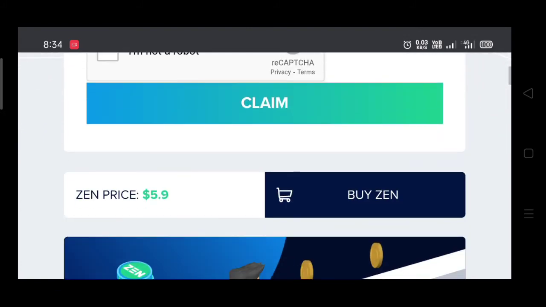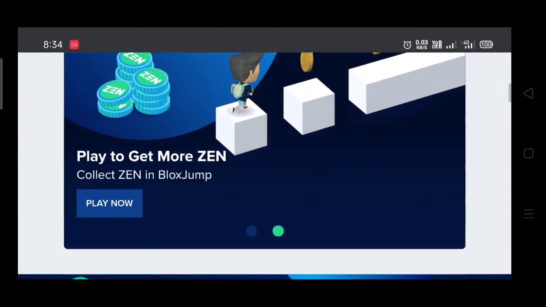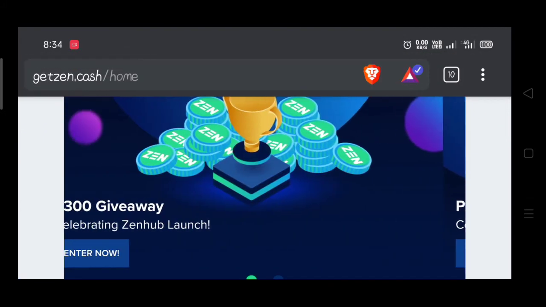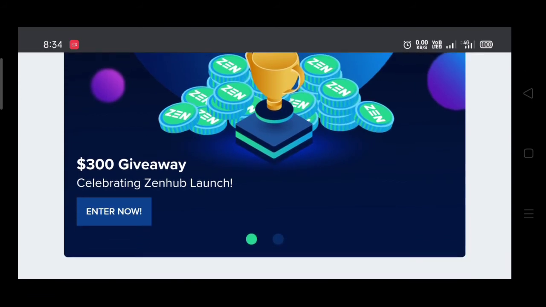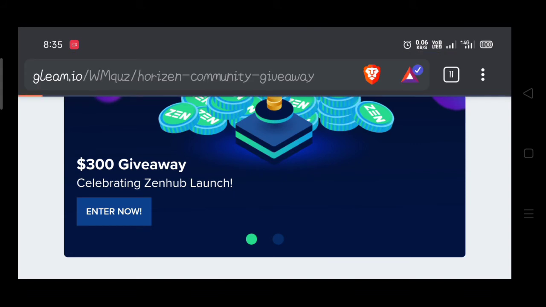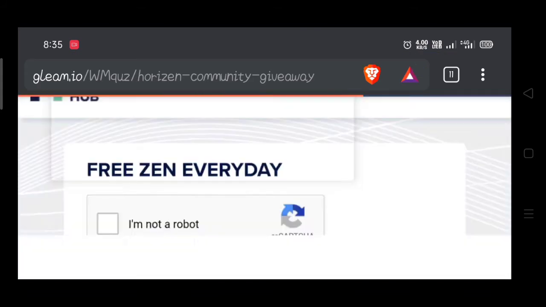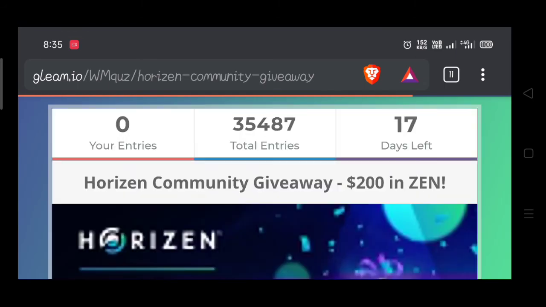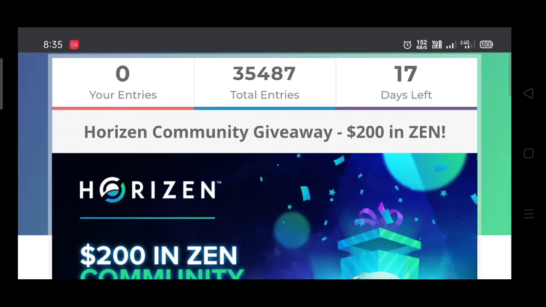And you can take part in their monthly giveaway, which is an approximately $300 giveaway. Just click on enter now, and the gleam.io page opens. Here you can participate.